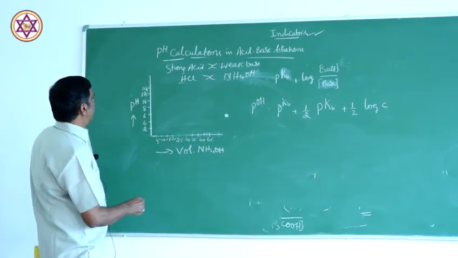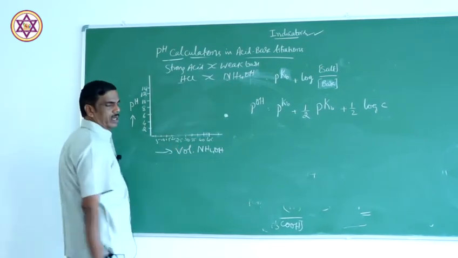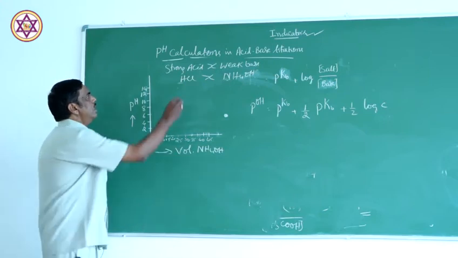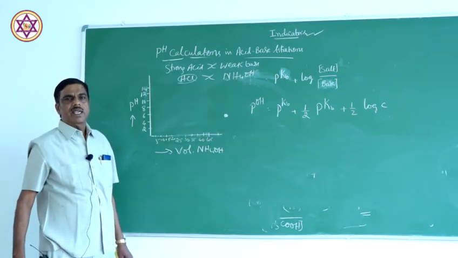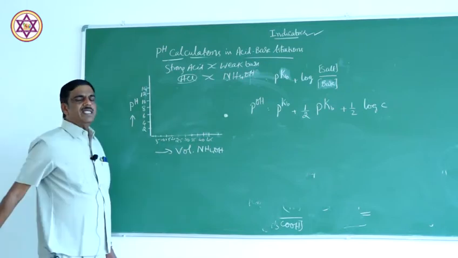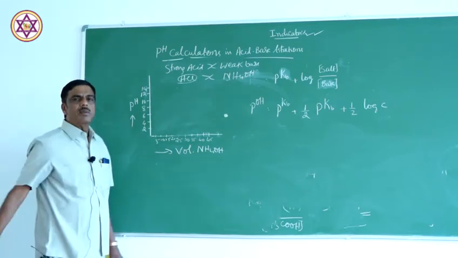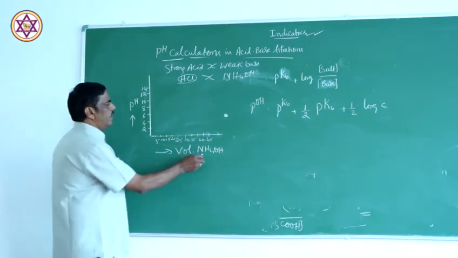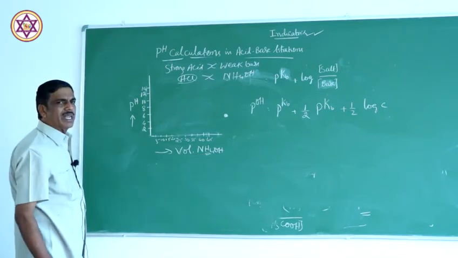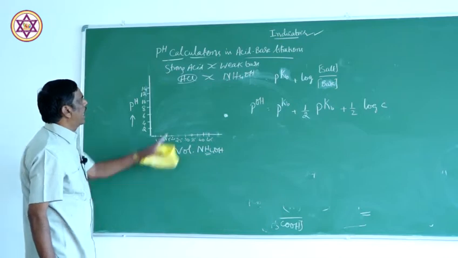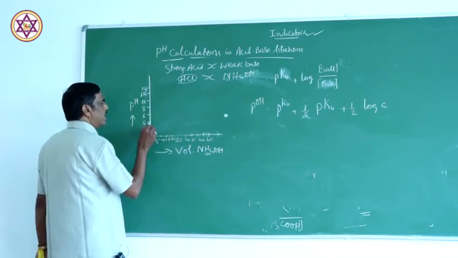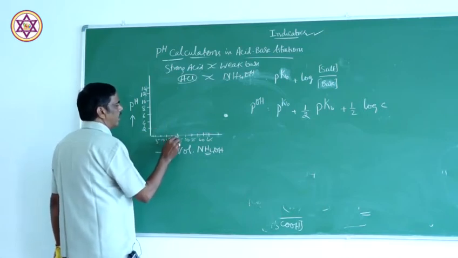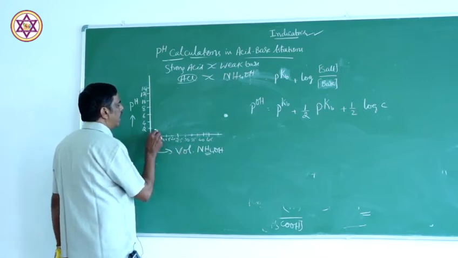Now you take 25 cc of HCl solution in the conical flask and add ammonium hydroxide from the burette. Since the acid is a strong acid, pH is less than 7, and when you add ammonium hydroxide, there is no sudden jump in the pH at the end point because it is a weak base. There is no sudden end point here, but the acid is very strong. Therefore, the pH is around less than 2 in the beginning. So at the end point, when 25 cc of 0.1 normal ammonium hydroxide is added, what happens?